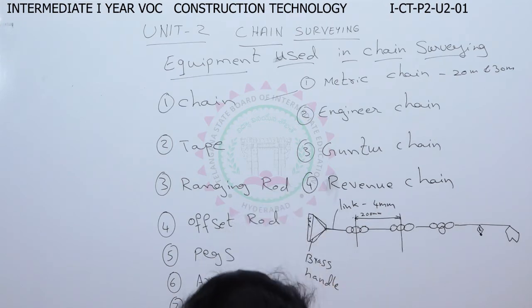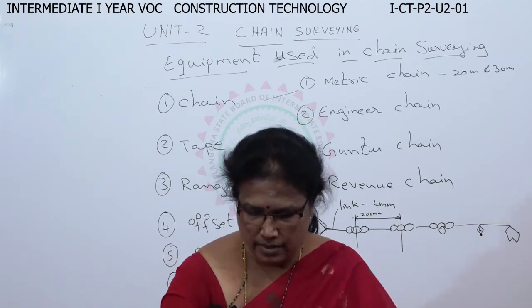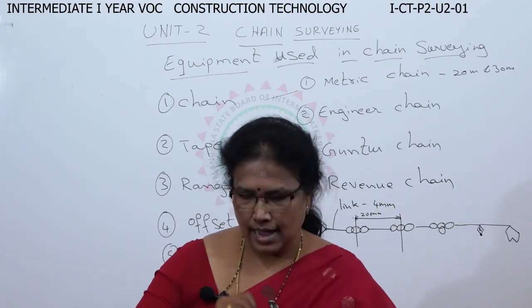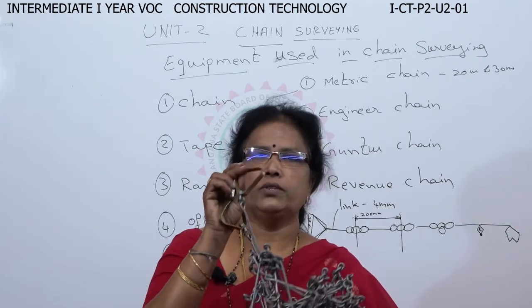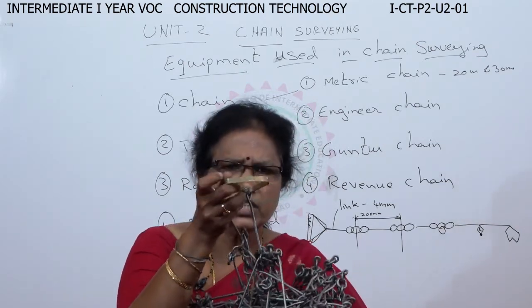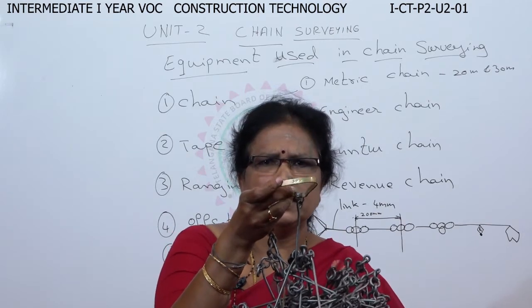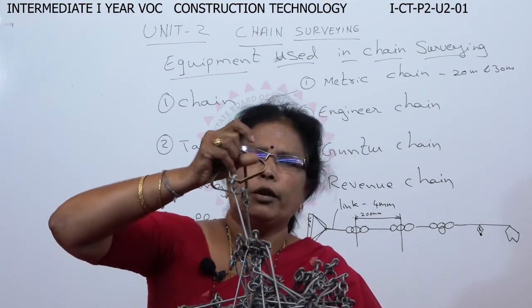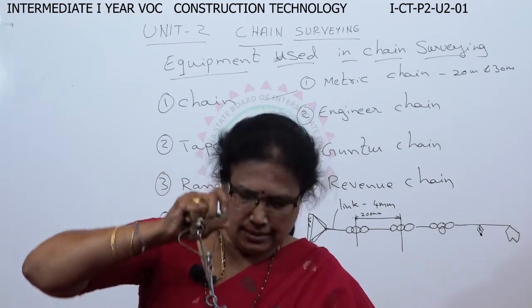See, already you have seen the chain. This is your chain. This is your handle, over which here it is marked 30 meters. These are made of brass. And here